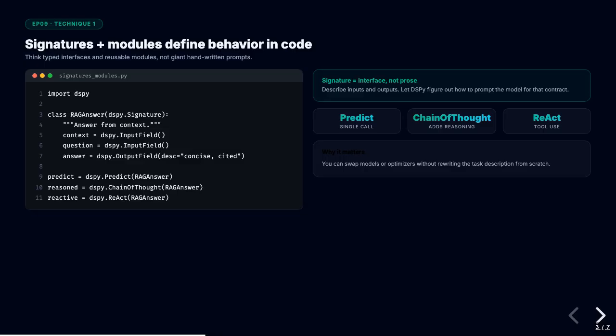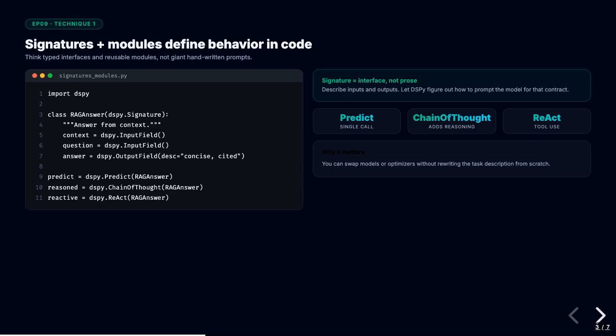But here is where DSPy becomes genuinely powerful. You have a dataset of question-answer pairs, maybe 100 of them. You split 70 for training, 30 for validation. You define a metric function, a Python function that takes the expected answer and the actual output and returns a score.